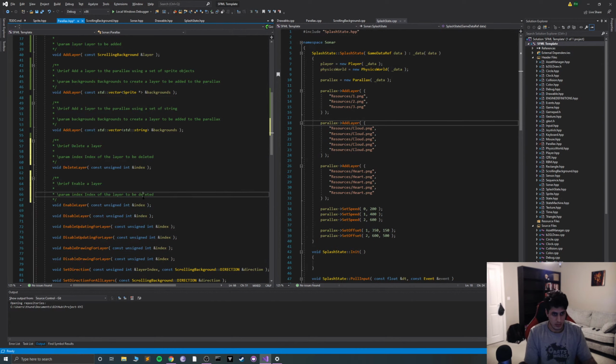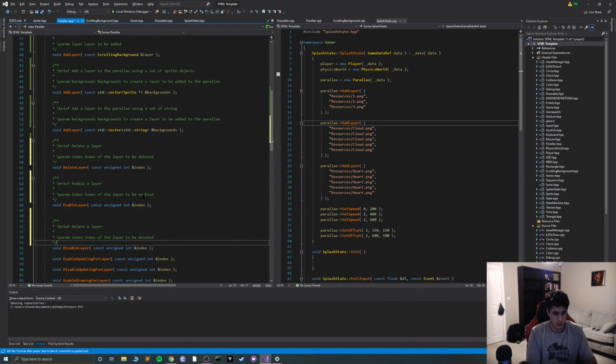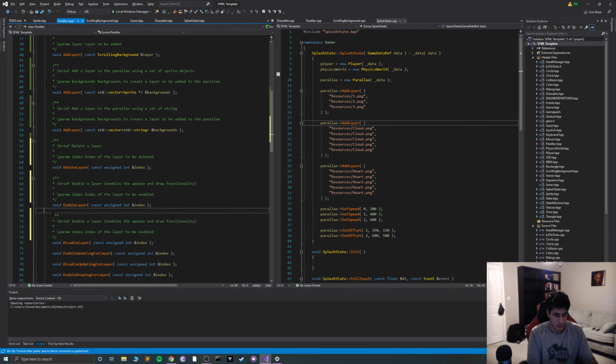Enable, layer to be enabled. Enable a layer. Enables the update and draw functionality. Okay, disable a layer. Disables.